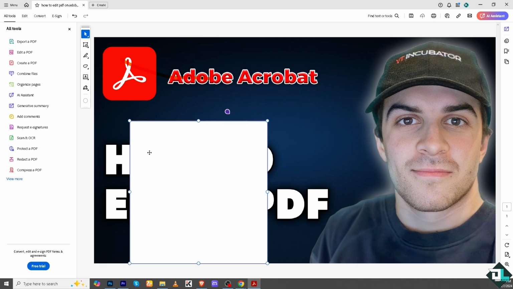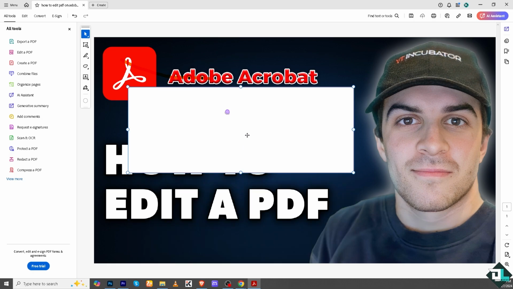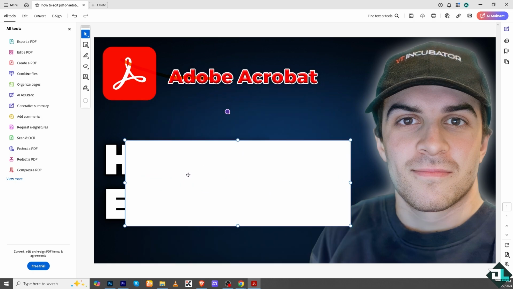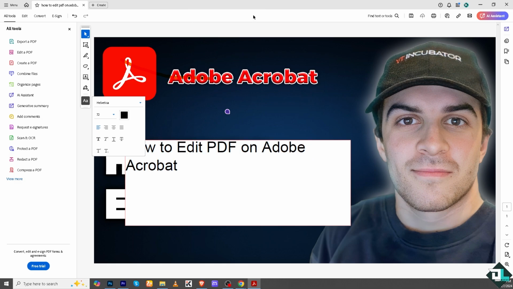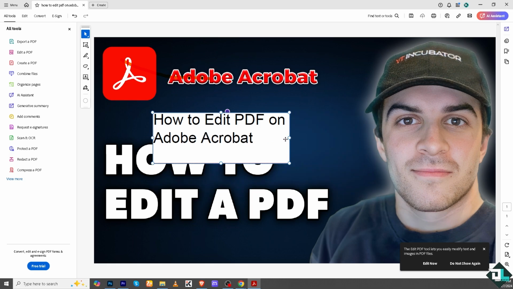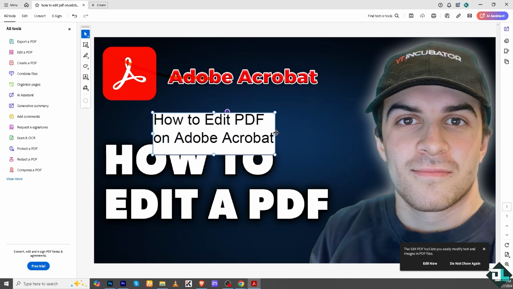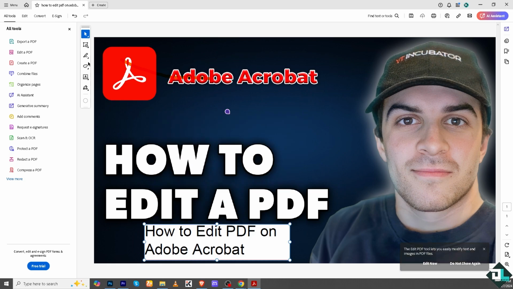Of course, you can maximize this so that you can see, and you can drag this all the way here, right? You see that now? So many options here editing a PDF. So once you have put in the text right here, you can actually move that. Let's make it a little bit smaller so you guys can see it. You can put it down just a little bit here. After putting in the text and a comment, now it's time to